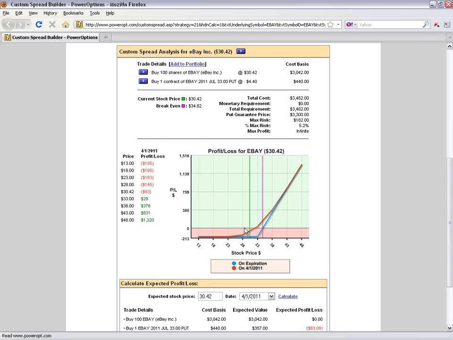The curved red line shows us the profit and loss at the halfway point on April 1st, halfway between now and expiration. And as you can see, if I held the position all the way to July expiration, my break-even would be $34.82. I need the stock to be trading above 34.82 in order to make a profit. But based on the halfway point, you see you don't need the stock to be trading